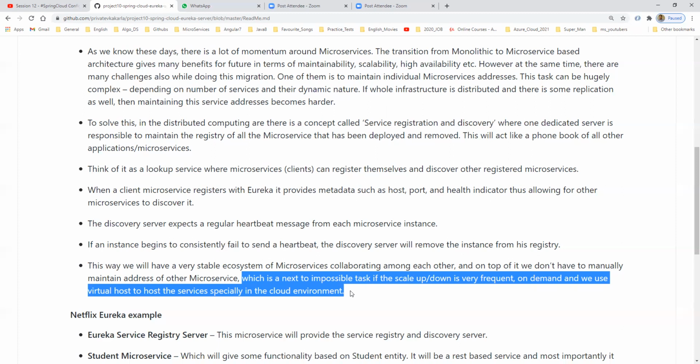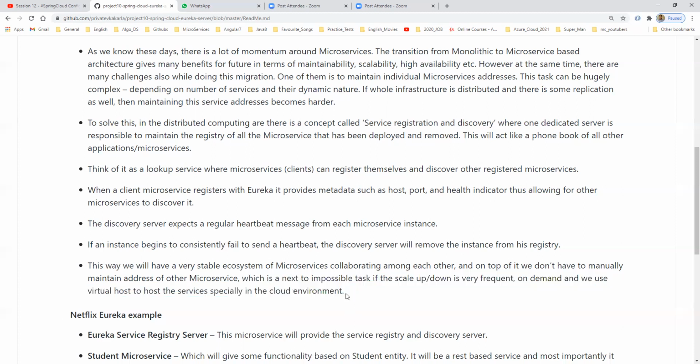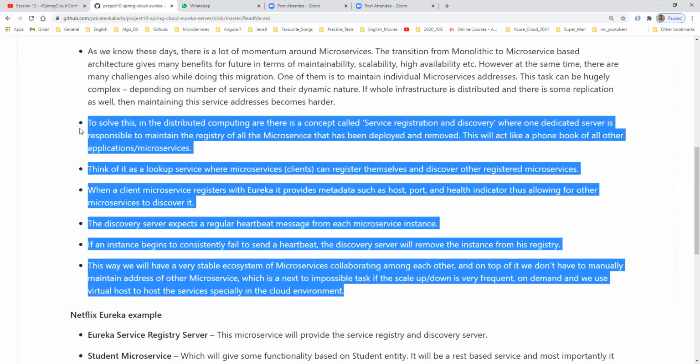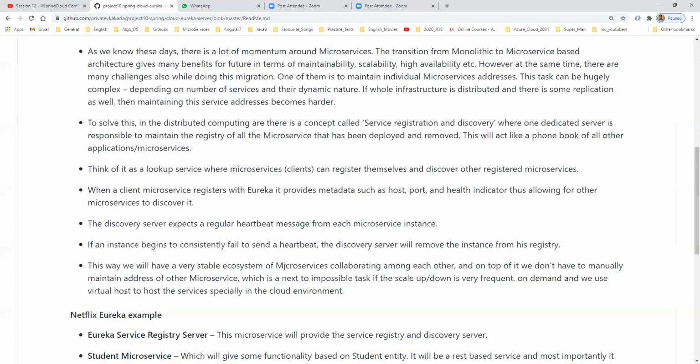If you want to maintain scale up and scale down dynamically, we can configure a load balancer in the next class. But here we will know that the service is down due to some load or some issue. We will be aware from this dashboard. Otherwise, we don't know where to look. Like that, we can have all the information related to all our microservices.